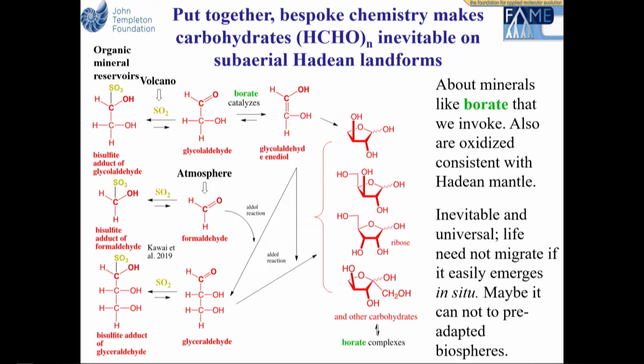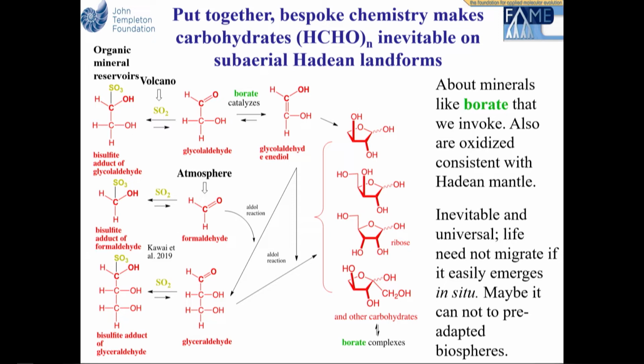And you're able to get these to process to 2, 3, and eventually 5 carbon species, which we've drawn on the side. Now, I've actually put up here also the minerals. I won't mention much of them, but I did bring one of them along. This is one of these borate minerals that's very valuable, and it's also quite useful because it's certainly present on Earth where the mantle is sufficiently oxidized that it is producing sulfur dioxide.